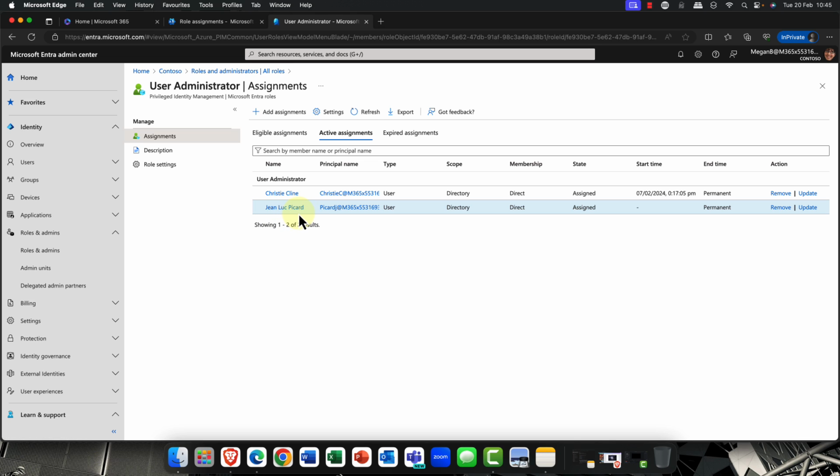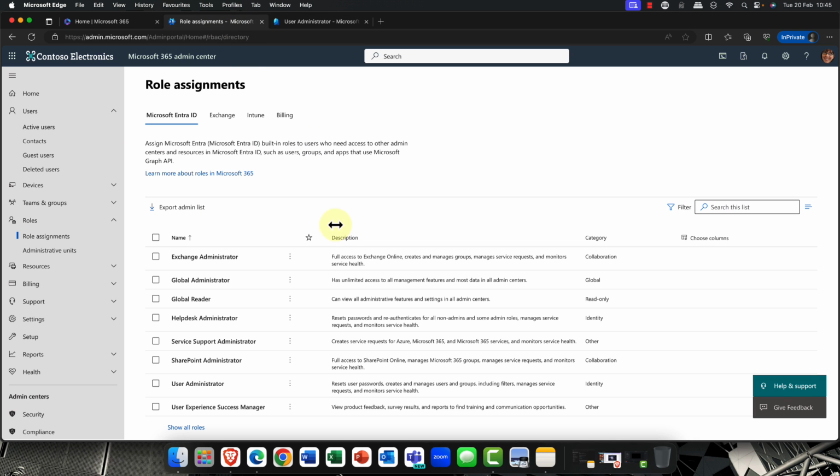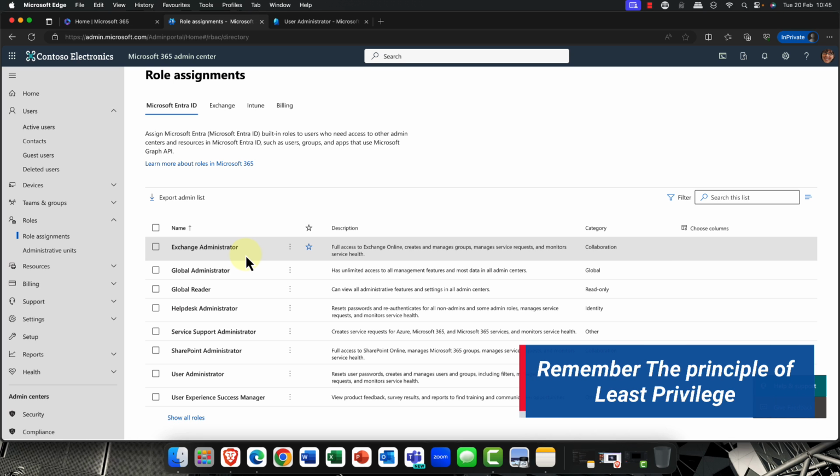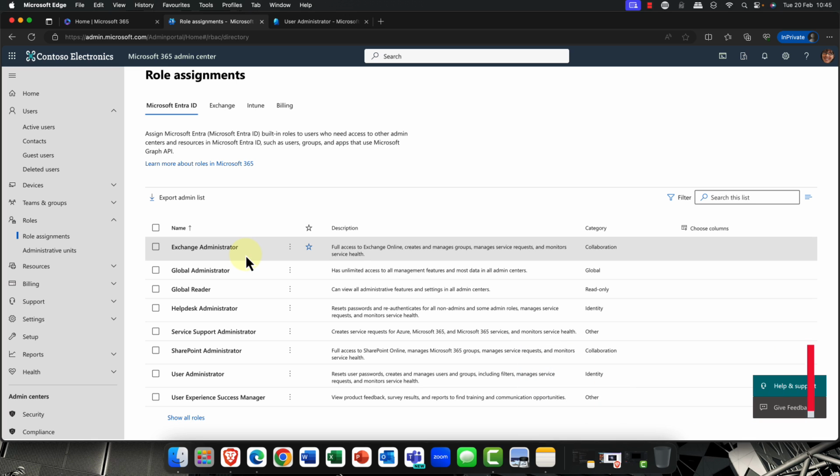Okay, so first of all, take advantage of RBAC roles. So role-based access control, only provide the user with the access that they need. Okay, this is a principle of zero trust. It's the principle of least privilege, and this will avoid you getting any major headaches. So there you go, my number 10, RBAC.